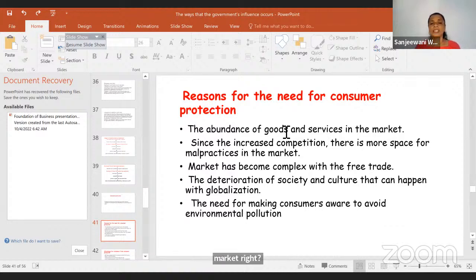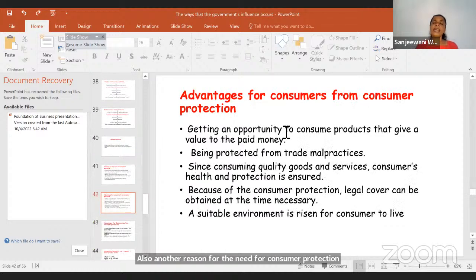And there is the deterioration of society and culture that can happen with globalization, with different sorts of goods coming into the country, right? So then there should be protection. The need for making consumers aware to avoid environmental pollution is also another reason for the need for consumer protection. Then we'll see